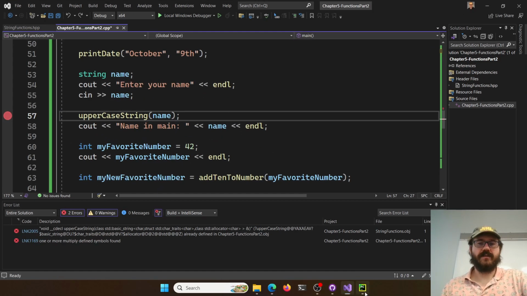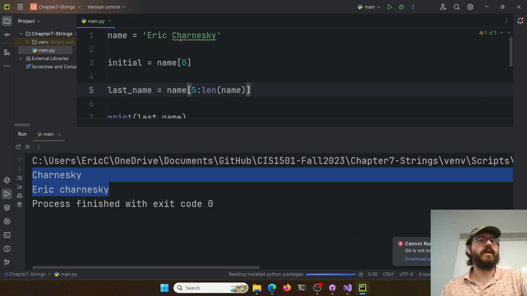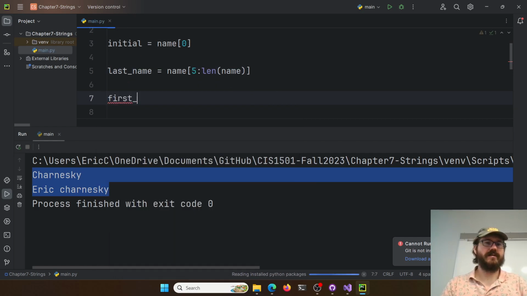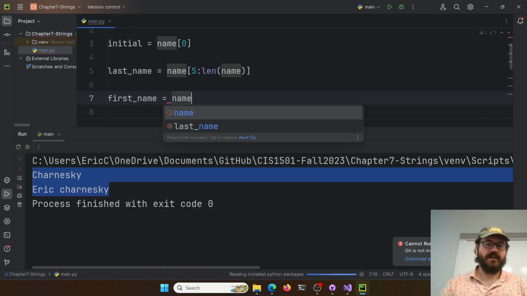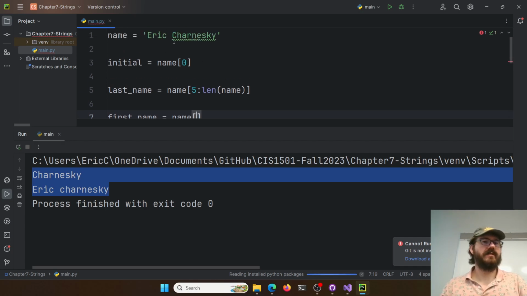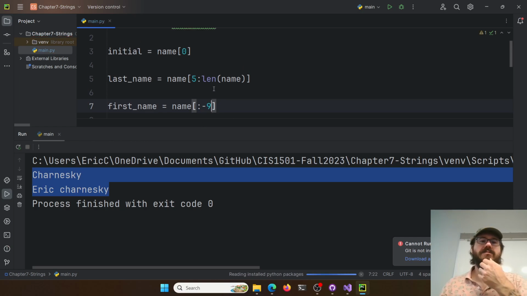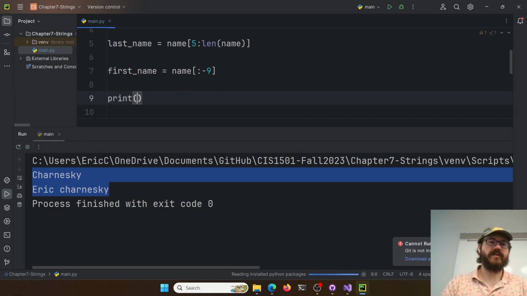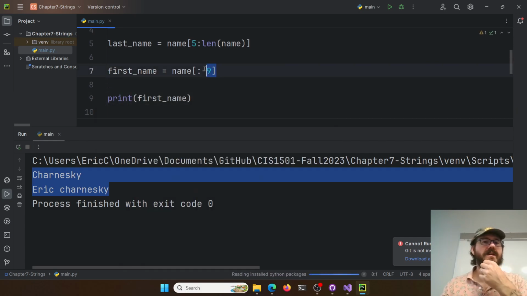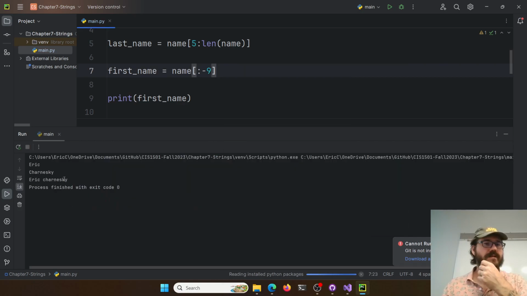So, PyCharm, there we go. So if I wanted just a couple characters, let's see, so we could have first name is equal to name. So the start is optional, and I know Charnesky is 9 letters. So if I say -10, -9, I think that'll work here. Let me print first name, see if I get it right. It should be up to 9 characters back. I think I want the 10th one. Let's see. Yeah, it printed a space, so I do want 10.